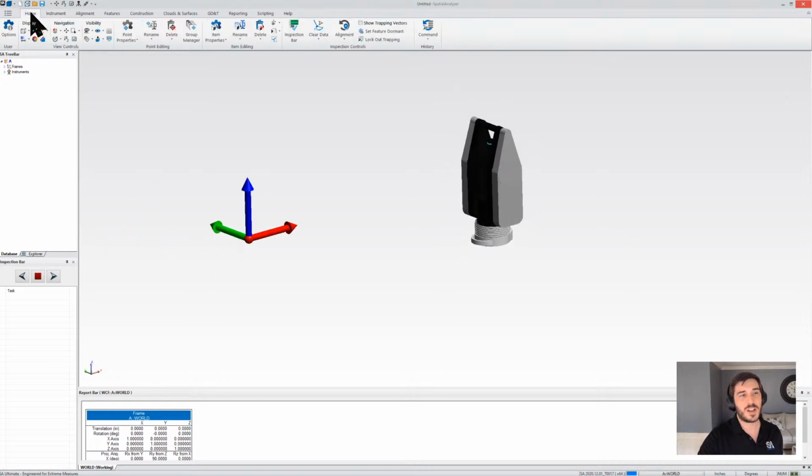Now, just real quick on these tabs here, we've got the Home tab, which co-locates a lot of the most frequently used commands in Spatial Analyzer. That's the real advantage to having the ribbons menu as opposed to the classic interface. The ribbons menu takes you out of those real deep multi-step menus where you have to get to the command that you're looking for by going through several layers of menus. And then if your mouse slips off the dialog, you might lose your place there